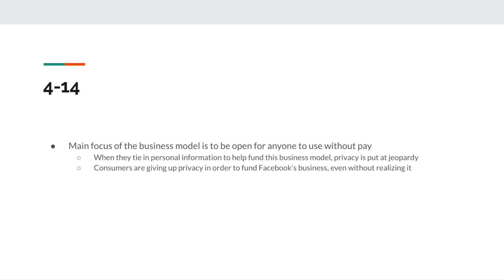This has been a problem in other companies too, such as Google, or even devices like the Amazon Alexa, which can actually hear you talk about different things, hear your preferences for products and companies, and then in turn send you targeted advertisements for those companies, which again goes into this dilemma of private information being tied in with a business model.